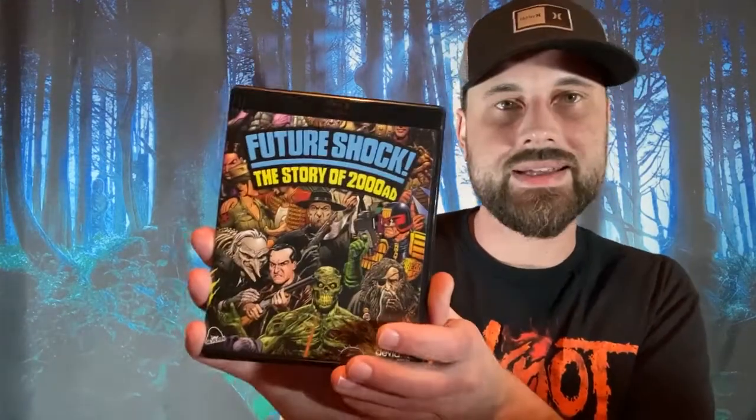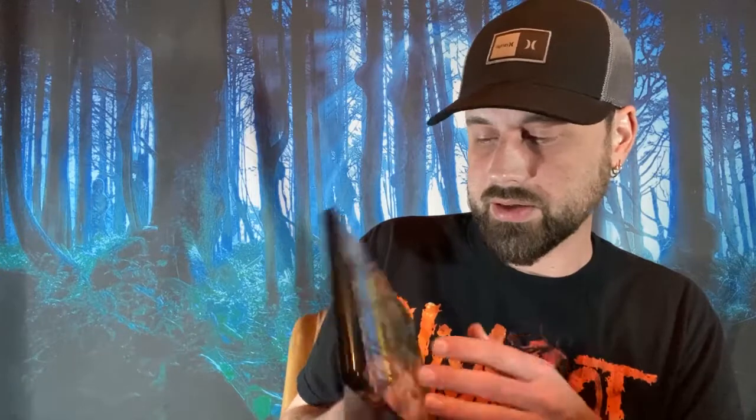And lastly, The Future Shock Story of 2000 AD. This kind of covers some comic book stuff, including Judge Dredd. I know this one was going for $20 or more and back up to that, so I was surprised this was a $5 title. Special features include extended sequences, 2000 AD versus the USA, Dredd 2012, True in Spirit, Judge Dredd extended sequence, cheap entertainment, the appeal of comics,